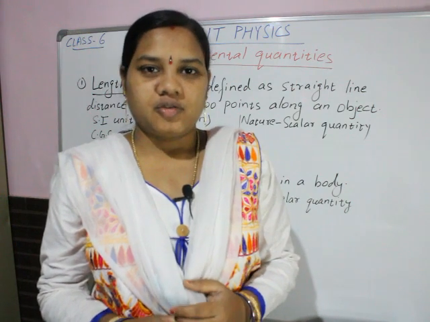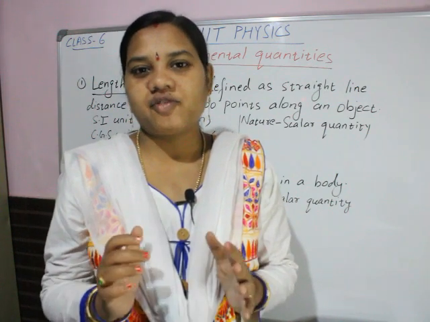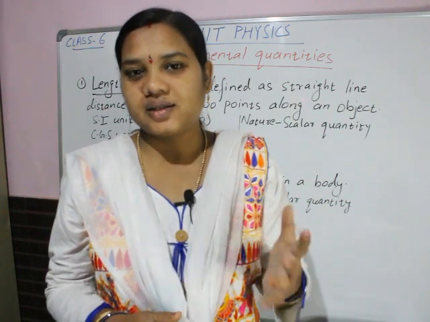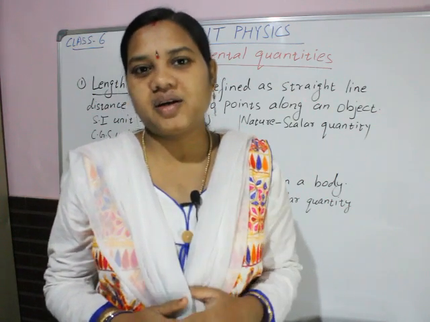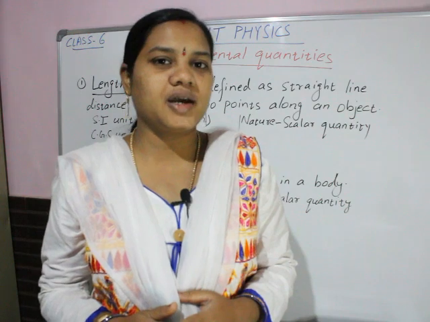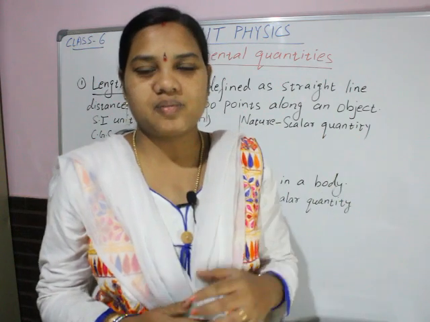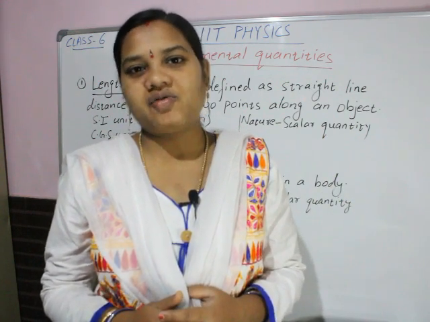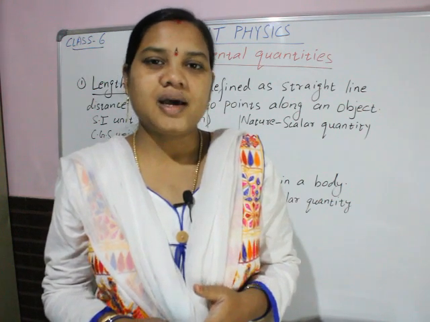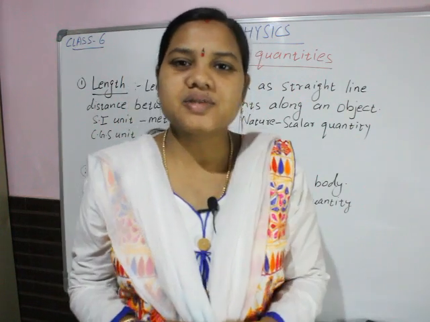Okay. So, fundamental quantities are what? All those quantities which are fundamental, basic, independent quantities, not dependent on any other quantities. There are 7 fundamental quantities and 2 supplementary quantities, and the remaining infinite quantities are depending quantities. They depend on fundamental quantities. So the basic 7 fundamental quantities are length, mass, time, temperature, electric current, luminous intensity, and amount of substance.